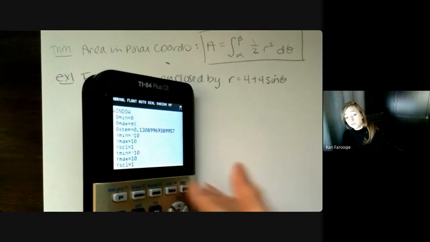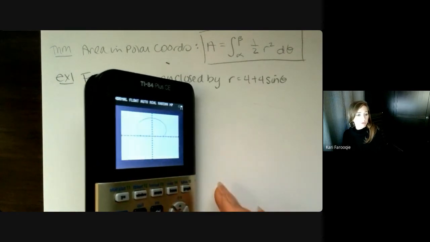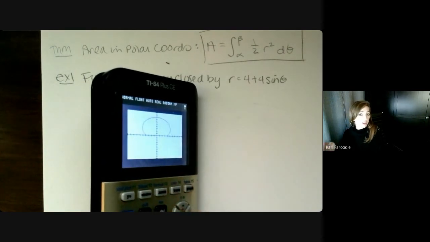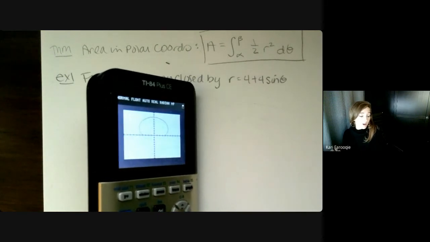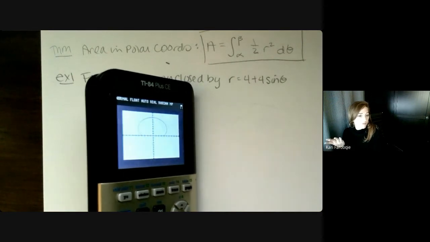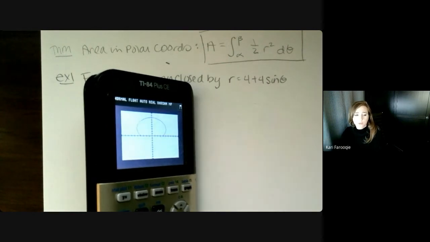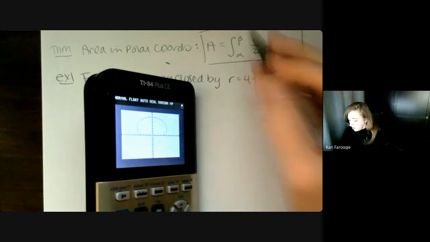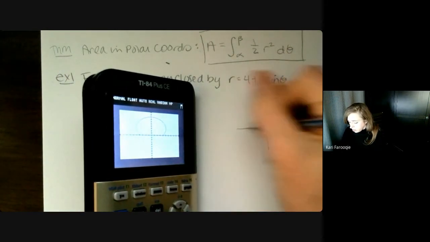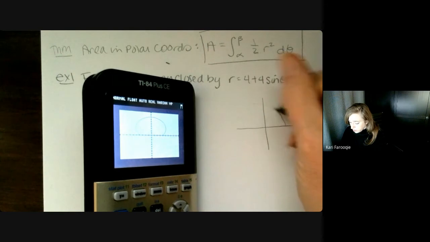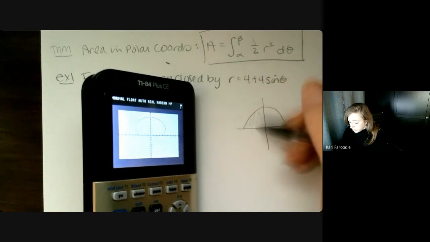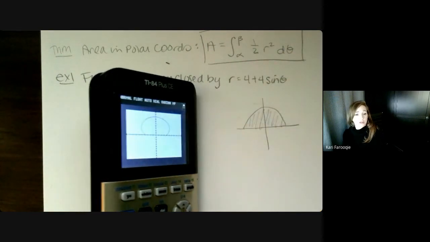So for instance, if I went from 0 to pi, now you're going to see what looks like the top half of a figure graph. But you might say, oh, maybe the area is enclosed here, and maybe we're just looking at the area above the x-axis. But that's not what I asked. So there might be specific instances where you might be asked to find, for instance, the area of the shaded region, and you might be only given the part of this graph that's above the x-axis.